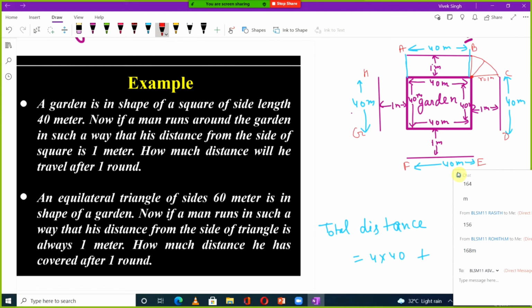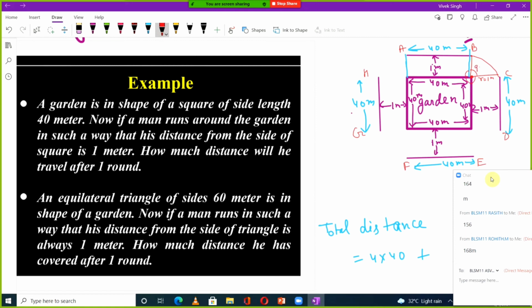Now if I ask you, what will be this angle? Can you tell me? We know that the total circular angle will be 180, sorry, 360. So this part is already 90, this is also 90, this is also 90. 90, 90, 90, three times. 360 already we have taken, sorry, 270 already we have taken.